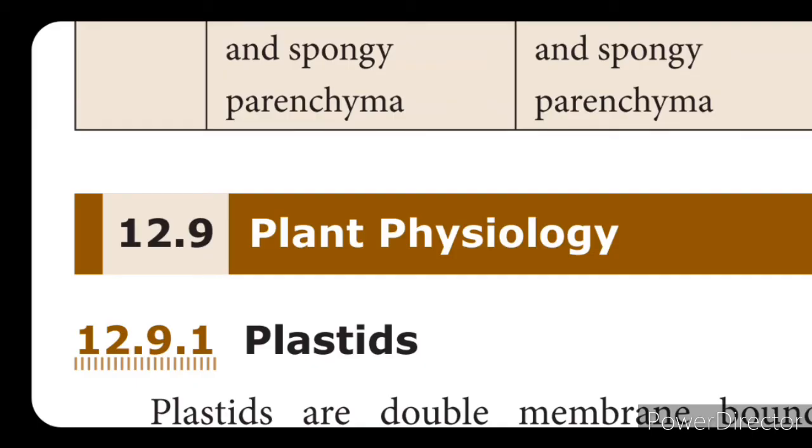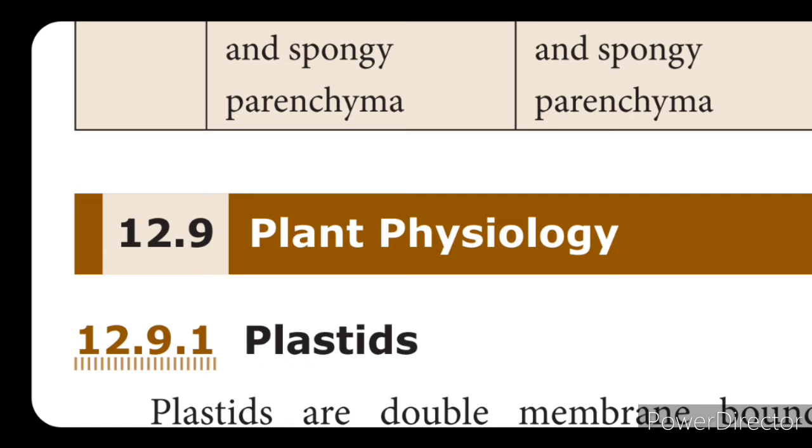Now let's see what plastids are. Plastids have a double membrane layer. They consist of two membranes, inner and outer membrane, and these are found in plants and in some algae that you see underwater, isn't it? It is mostly aquatic, or it can be seen in fresh waters also.